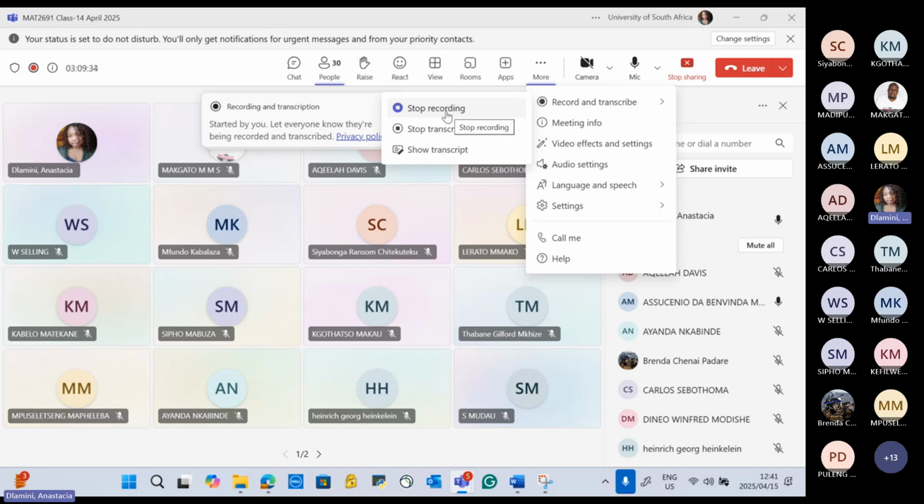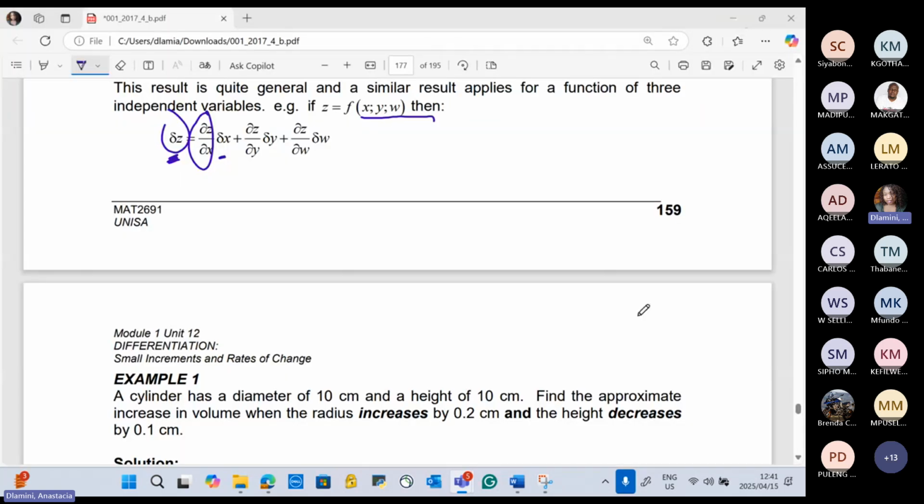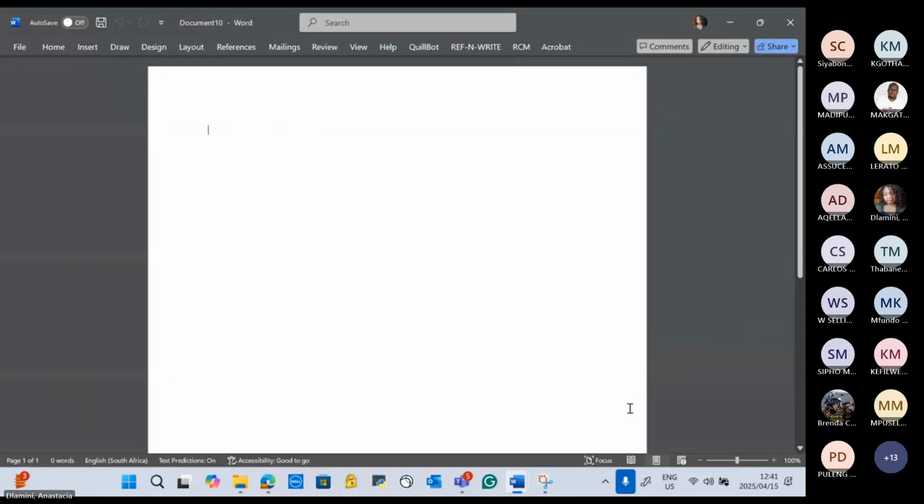Alrighty, so let's look at rate of change. I almost stopped the recording because this is part of the same section. Okay, so rate of change. We said rate of change has to be associated with what? Change over time. So if you don't see a t somewhere, then whatever you're doing is wrong.